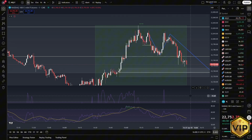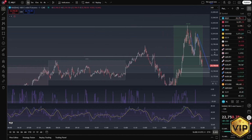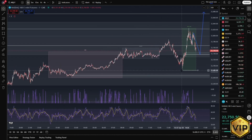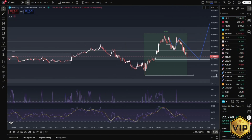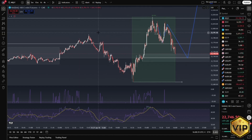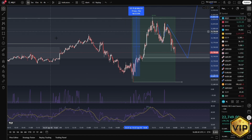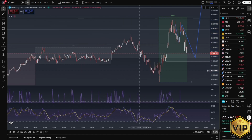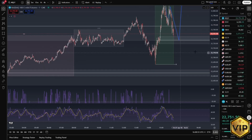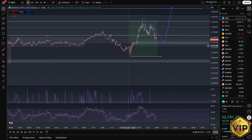Back in the good market days, does NQ always go back and forth like these days too? Not really. So back in the good days of NQ, you used to get a huge move straight away off of market open, and then you'd get one of two things. You'd either get a complete reversal straight away, at which point you had to be quite quick, and that's where your left-hand side of the chart was coming into play, because usually the move straight away would be hunting previous day highs, liquidity zones, things like this, and then you'd get an immediate reaction, and it would actually be a bearish day, and for the whole rest of the day it should remain bearish, and your first real trade was in the first 15 minutes,